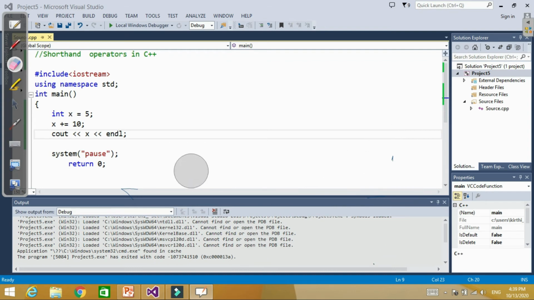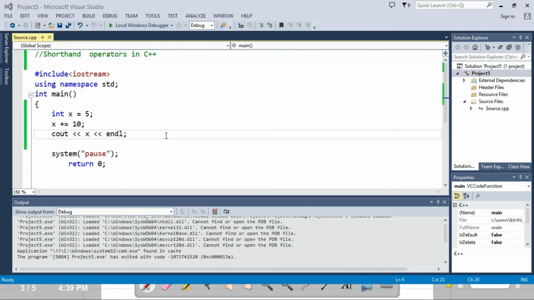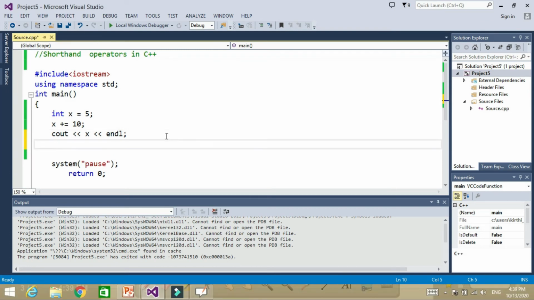Similarly, let us say you want to write it for another expression. Let's take another variable y and write y = 10.